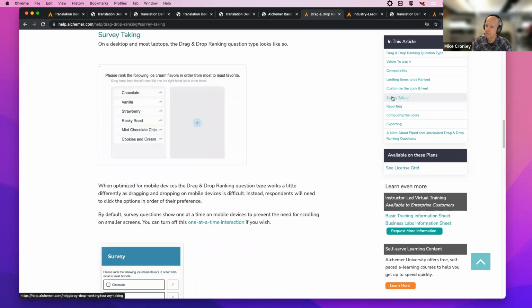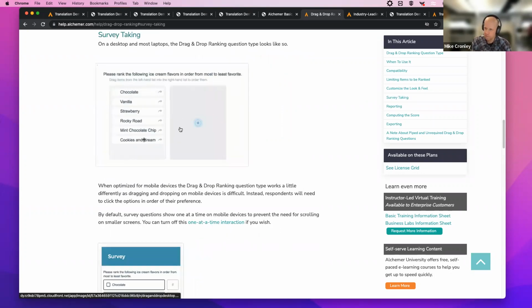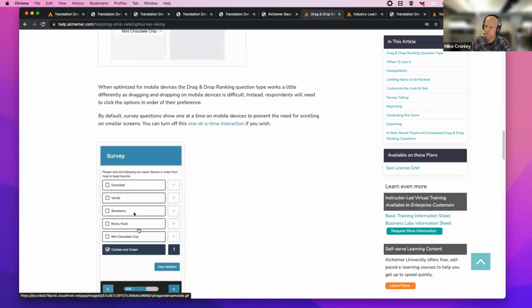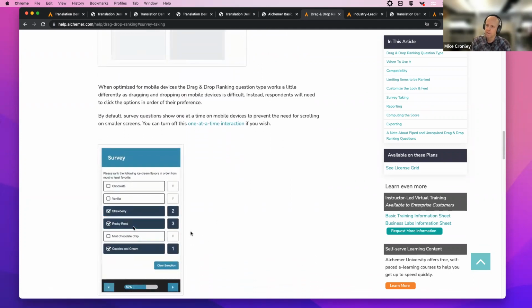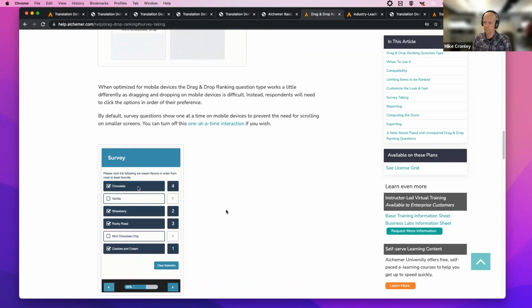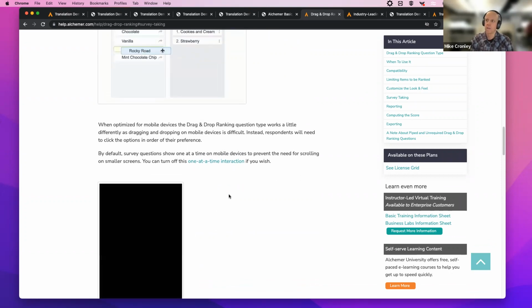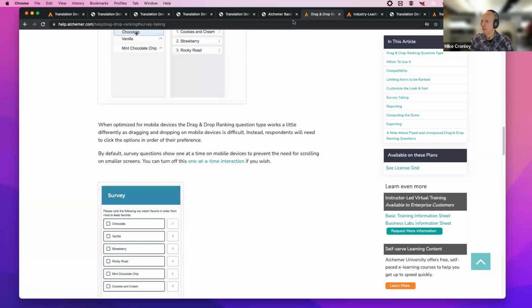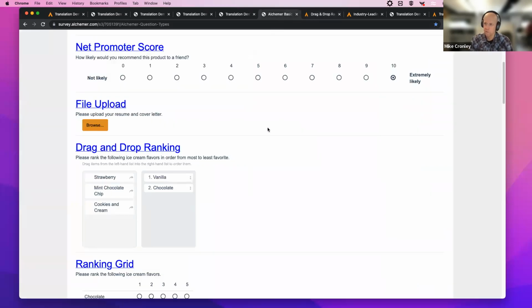So go to survey taking, and this is desktop, but how is that going to show on a mobile device? It's not drag and drop, it's a click, select, pick. So that's the workflow to think about: be aware of the output considerations for respondents and for the data when you start to go down the path of picking more advanced question types.